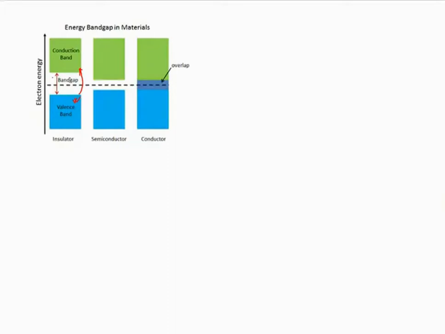For an insulator, this band gap is pretty large. That is why it needs much more energy to move an electron from the valence band to the conduction band. And as a result, at normal temperature, they behave as an insulator. They don't carry electrical current. A semiconductor has a band gap in between the band gap of an insulator and a metal. So for metals or conductors, there is overlap between the valence band and conduction band, so that even at room temperature you have free electrons available to carry the electric current. And for a semiconductor, it is in between, so that you can control it. The switching behavior, you can control it with the proper arrangement.